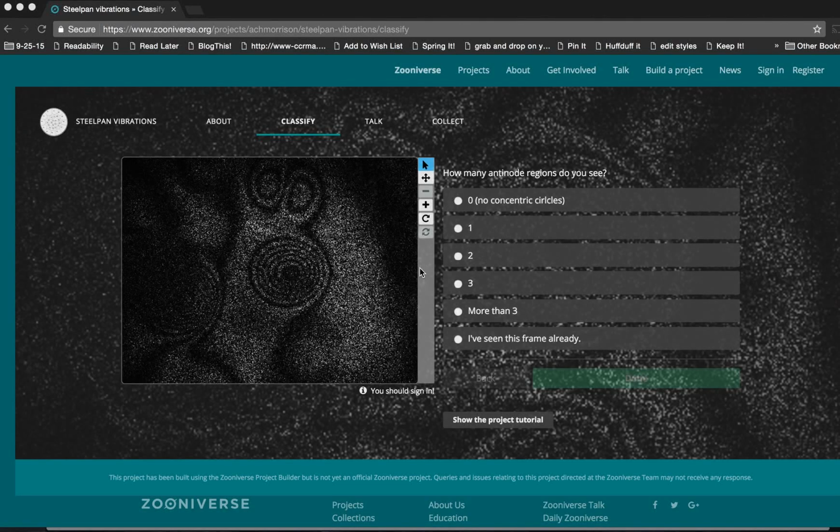Okay, this is a tutorial designed to get you up to speed on how to help us classify the frames that are related to the vibrations of the steel pan. So I have this example frame, and the first question that's asked is how many antinode regions